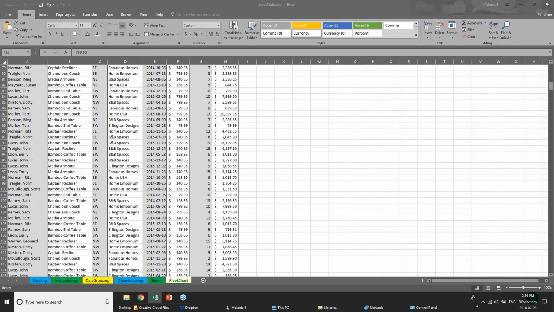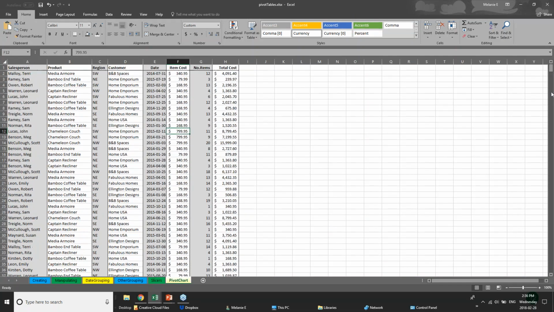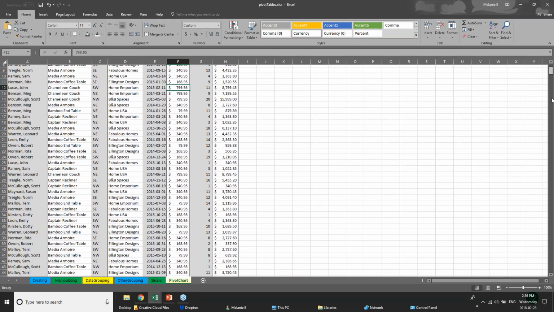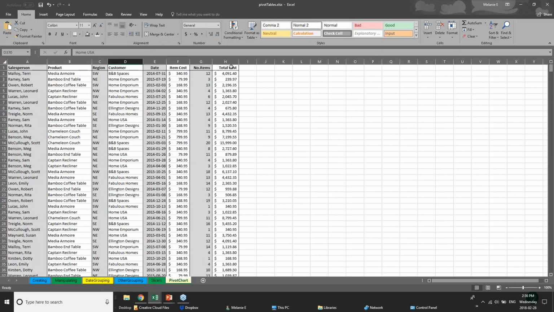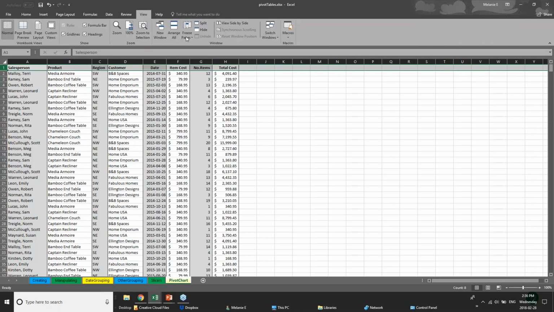And again, I could scroll through and try to get to the bottom of the info. Maybe if I get down here, I'm like, oh, I forgot. What's this column for? What's this column for? I can't remember. I have to keep going back to the top and finding out what the titles are for these particular columns. So I can actually freeze that row and say, don't move that row, just move all the information underneath it. So if I highlight that row and I go along the top to view,